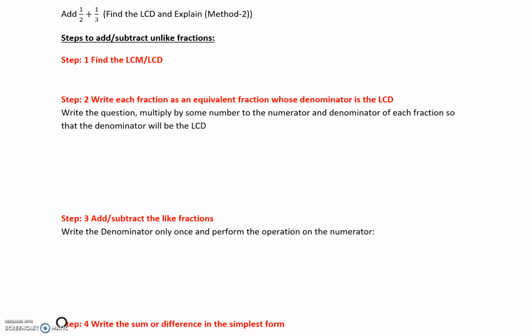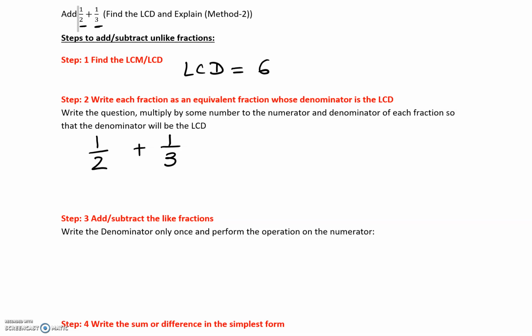So now the second method is LCD. So find the LCM or LCD. In our case, it's LCD because 2 and 3 are in the denominator. So my LCD, from our previous video, we found LCD 3 different ways. So here LCD is 6 for 2 and 3. Second step, write the question again. So I write the question